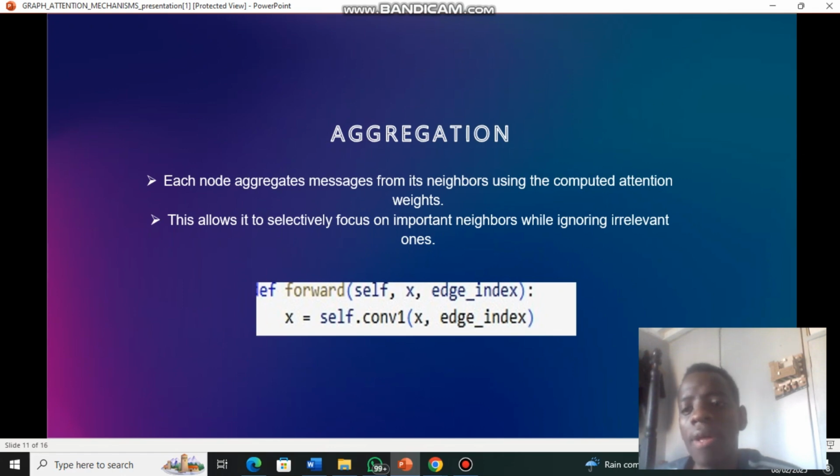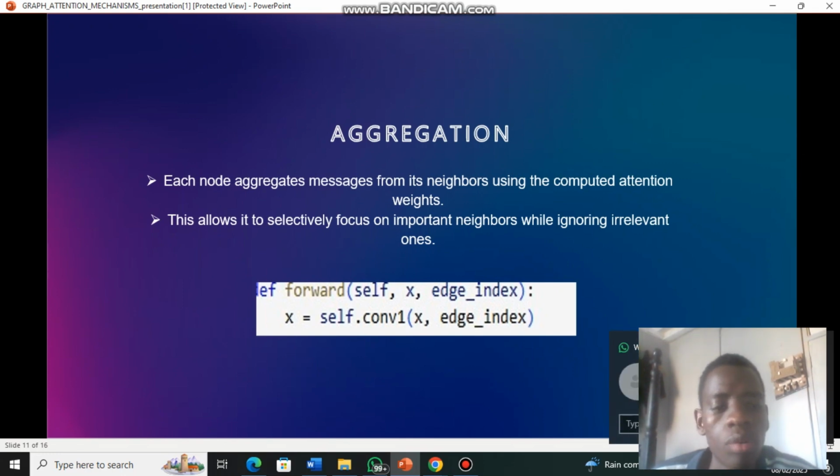the aggregation. Here each node aggregates messages from its neighbors using the computed attention weights, and it allows it to selectively focus on the important neighbors while ignoring the irrelevant ones. So let's talk about this code snippet. The forward method takes the node features x and the graph structure edge_index as the input, and also the conv1 layer here, which is the self.conv1,